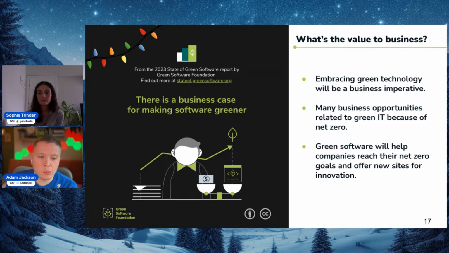And yes, you will always get different measures because it is so hard to measure the impact of software on emissions. So Sophie is actually going to talk a bit more about the challenge of measurement. I wouldn't be surprised if that number goes even higher once people really get their head around measurement. But before I hand back to Sophie, just quickly, the value to business.